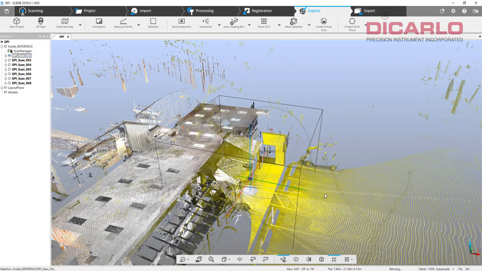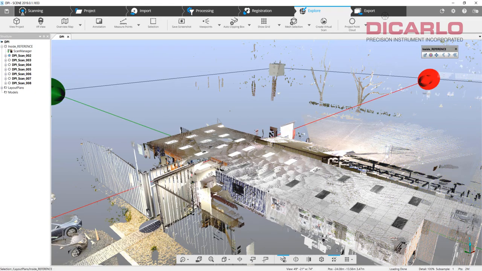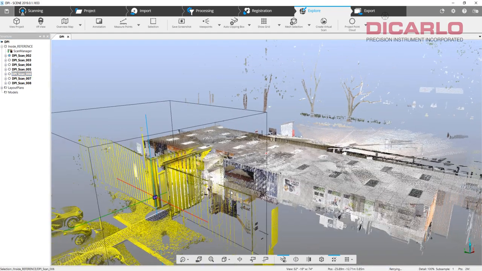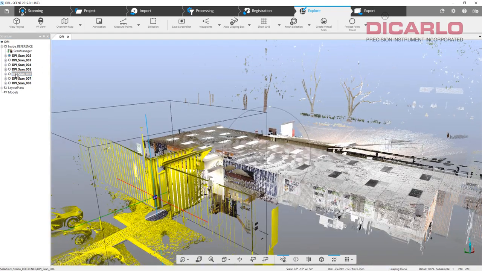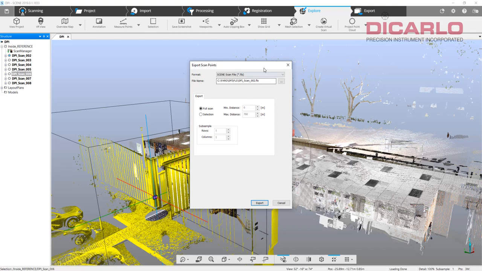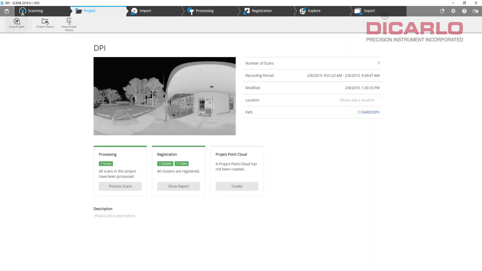And then the other scan that's near the outside is this guy here. So if I click it, hold on, there we go, that's what I wanted to click. So on the scan 006, I'll do the same thing, right click, export, scan ordered, FLS, this happens to be scan number 6, so we'll call it scan number 6, and just hit export. All right, this way, now if I close this project,